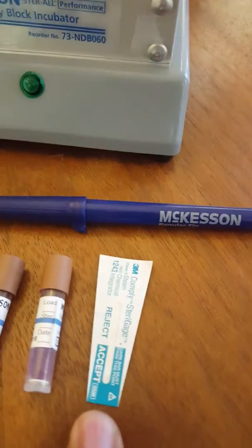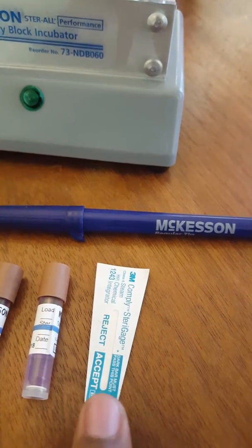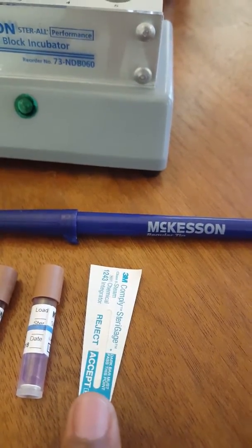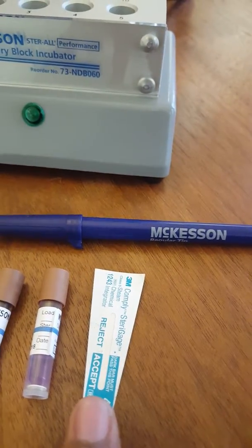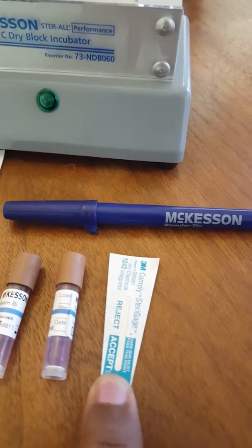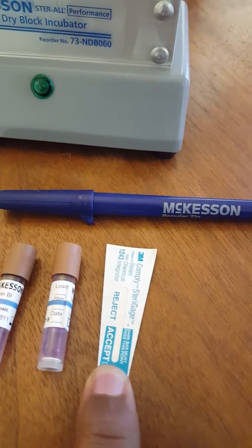integrator. The Class 5 integrator, the way that it works is it's going to help us to check the time, the temperature, and also the steam quality within the autoclave. If it's done properly, what we're going to find is the little white strip that's there is going to turn